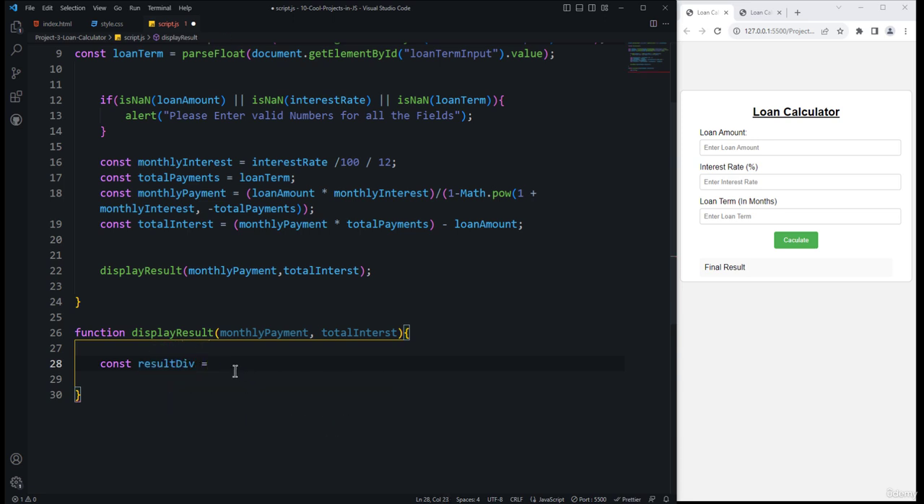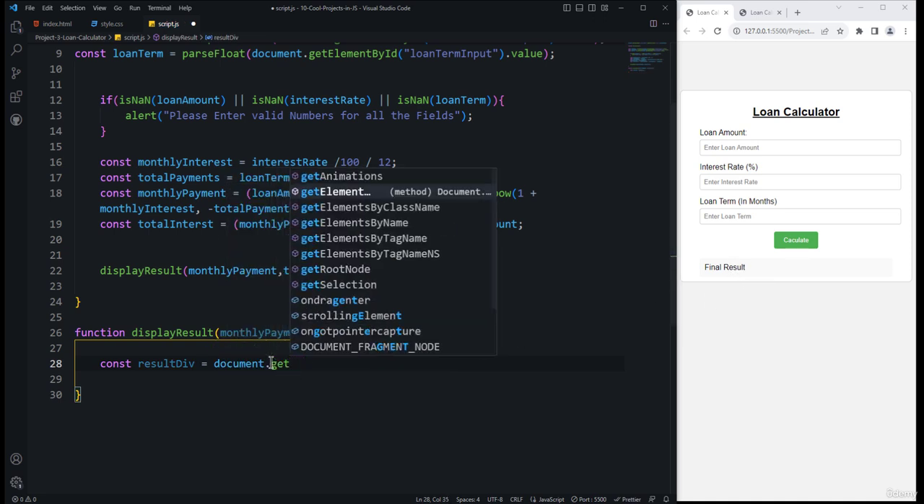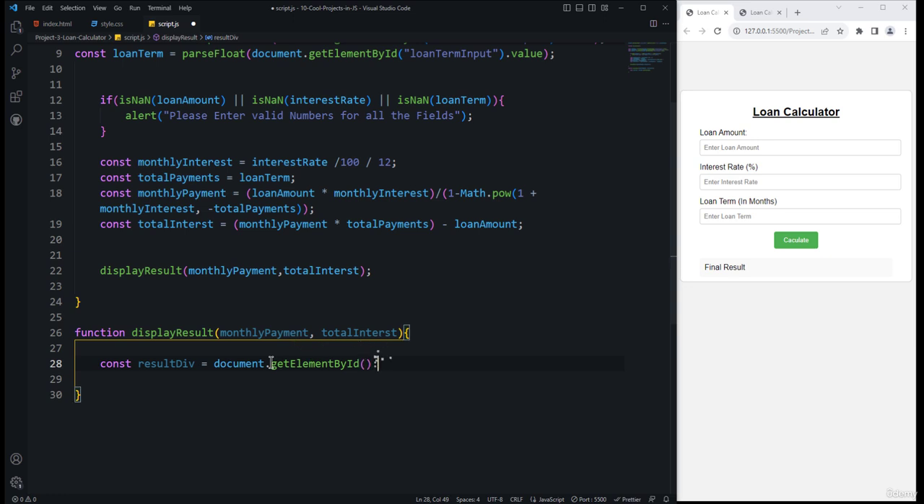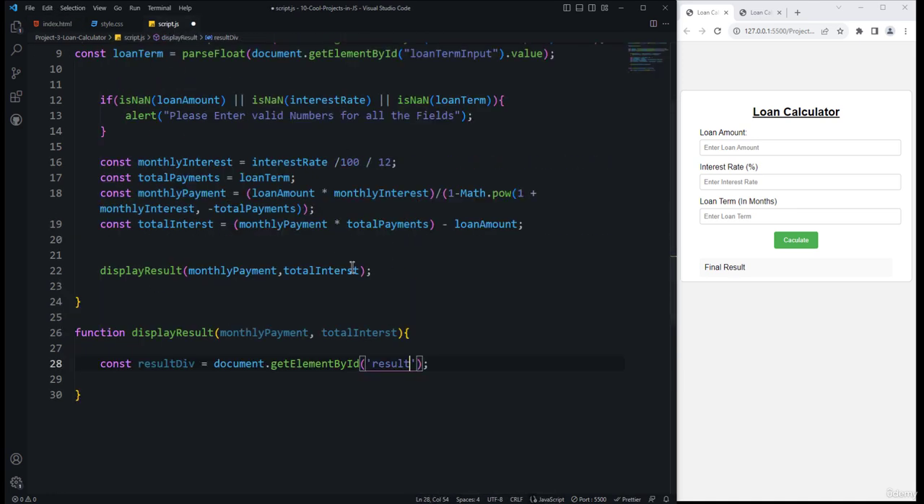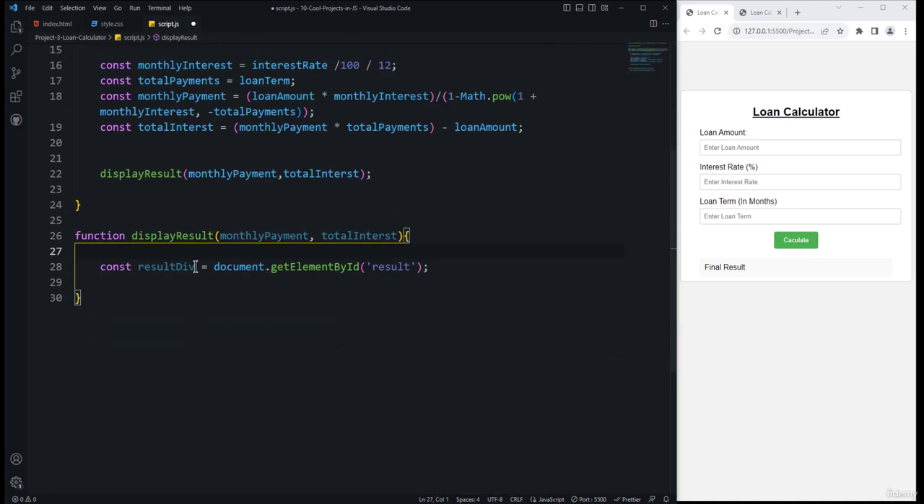resultDiv. First we need to get the ID of this particular final result div, which is document.getElementById, and then we need to provide the ID. So it is actually result. If I check it here in index.html, yes, it is result. Alright, so we have got the element with the ID result, and after that we need to update its innerHTML, which is